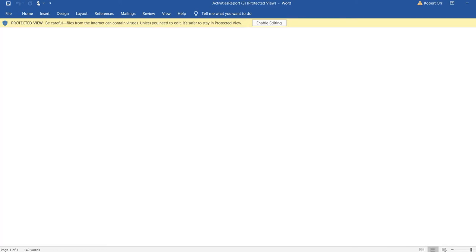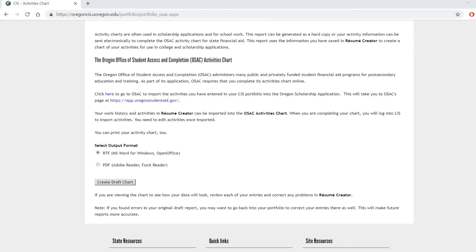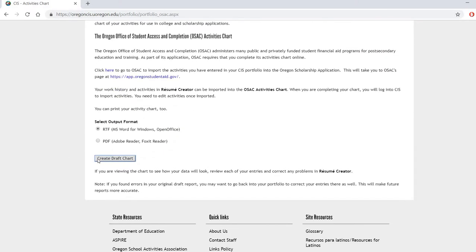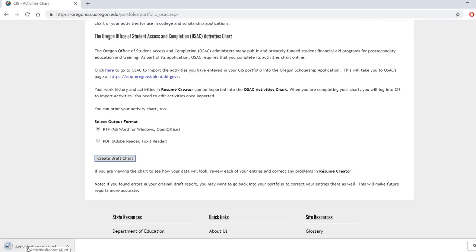All right, I'm going to close this out now, and the next thing that we're going to do is to import. Now, you can print that, by the way, and let's go back and take a look at that, and you will need that for some of your scholarship applications. So once we have it up on the screen, we'll get it back up here on the screen,